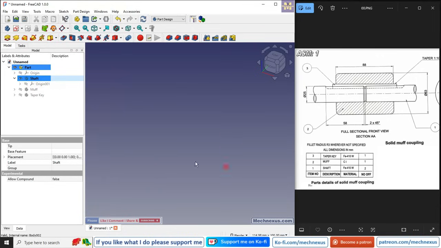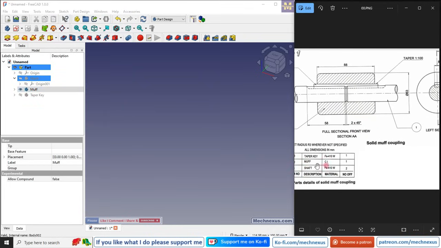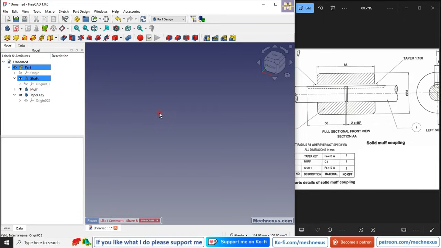And once I have created my shaft, I will hide my shaft, and I will turn on the muff, and I will read the dimensions of the muff and create my part. And third, I will turn off the muff and, on the origin plane, create my taper key. And once all the modeling is done, I will turn on all 3 of my bodies, and here